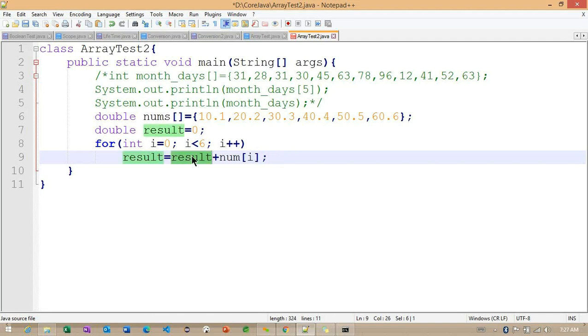Observe here, initially this result we are having is 0, right? And now we need to check this number here. Before going to check here, what is the i value we are having initially? The i value is 0 here. For now we need to check this array reference here. This array reference will have these many values here.